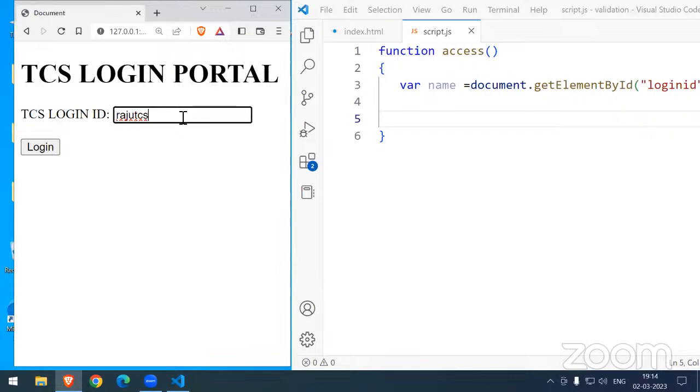But Raju TCS should be written in capital case. But there I have written small case, sir. Where is the rule? We have to write some rule, right? Oh, that rule I will start now. Sir, here, let me write a variable